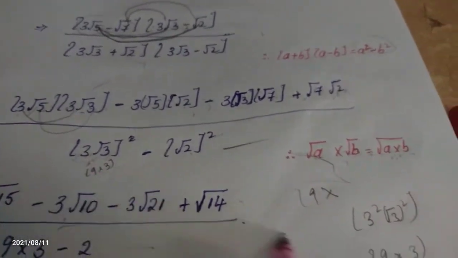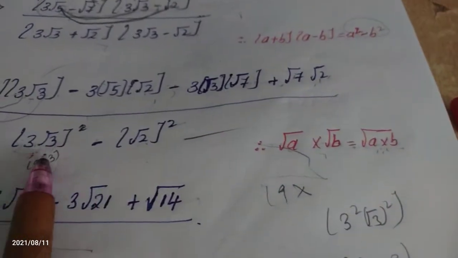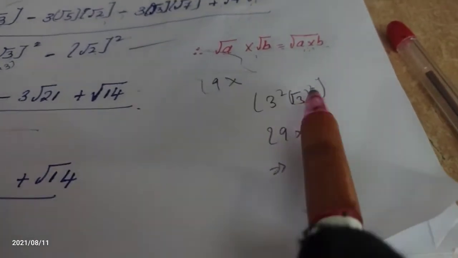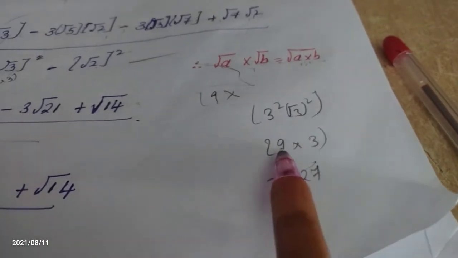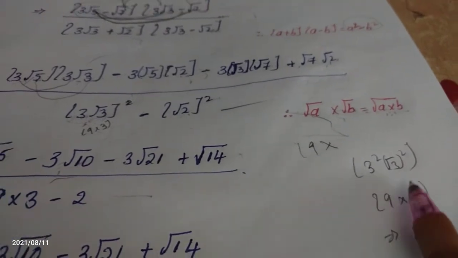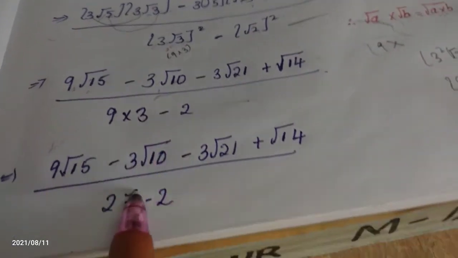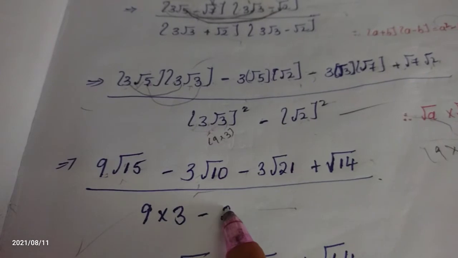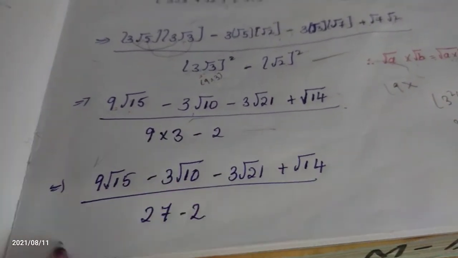See here. The square will be on the root 3 and on the root 3. What will happen when we apply the square on both numbers? 3 square means 9. When we apply the square on root 3, the square and root get cancelled, which means 3. 9 3s are 27. This is the process to find the square. I am writing 9 3s are 27. Come to the next number. Square and root get cancelled. Only 2 remains. Up to that clear?